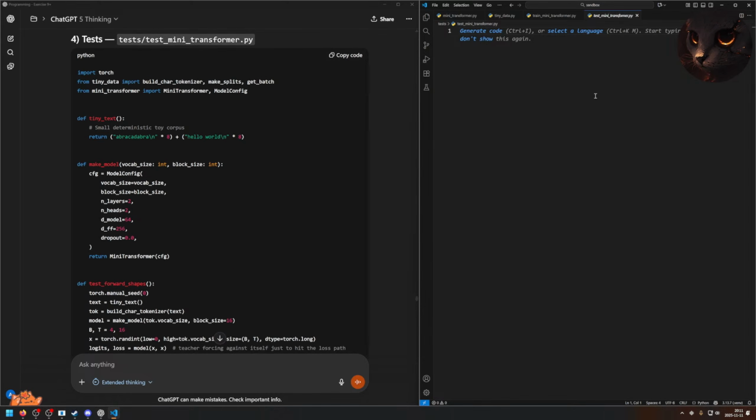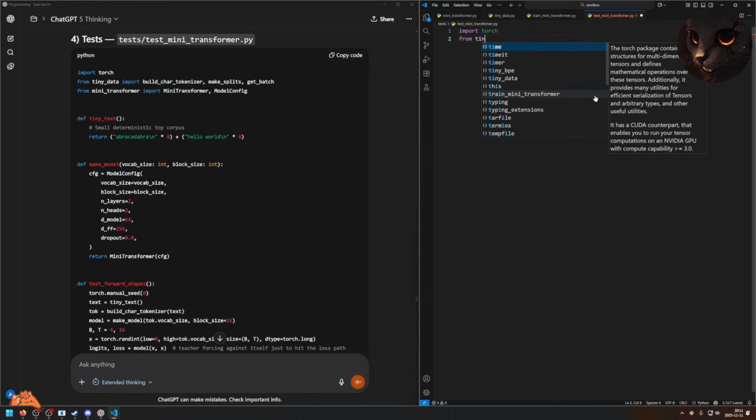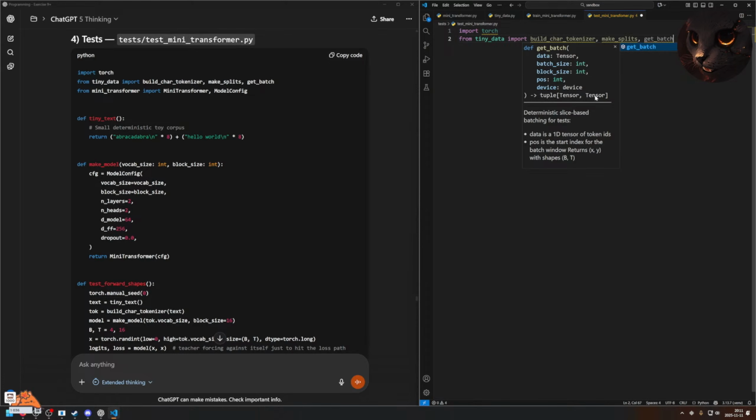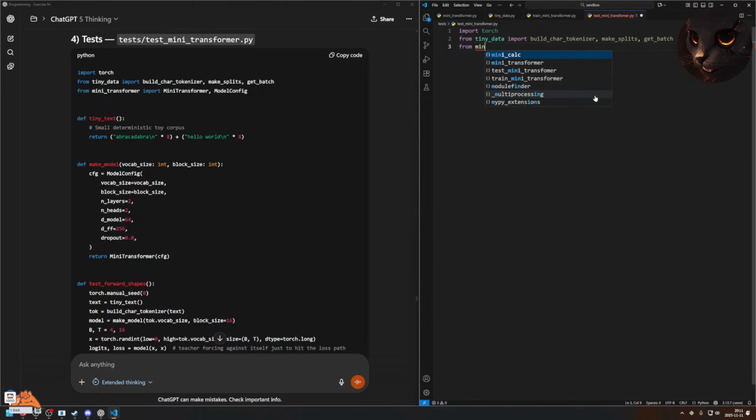So, start by importing torch, and from tiny data, import field character tokenizer, make splits and get batch, and from mini transformer import mini transformer and model config, and then